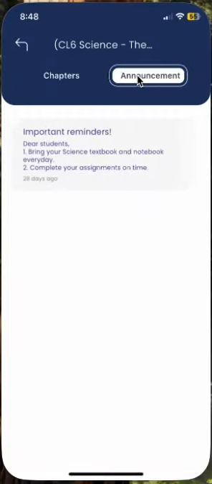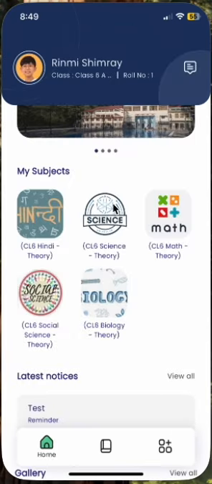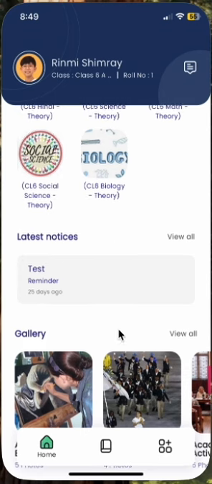Now, this section, which is the announcement tab, is specific to the subject, which means any announcements or reminders related to this subject will appear here. That's done on the teacher's end. So basically, this is where students are able to access all the resources. If you go down, you'll be able to